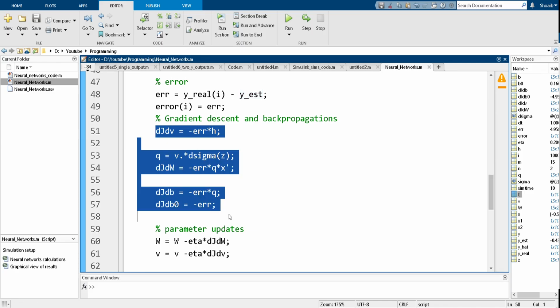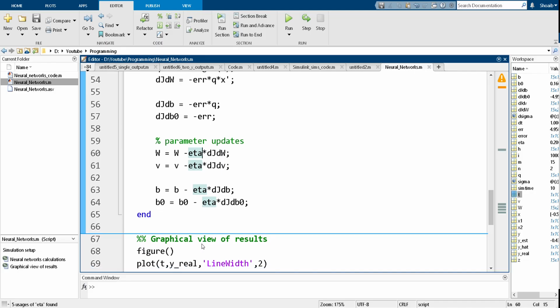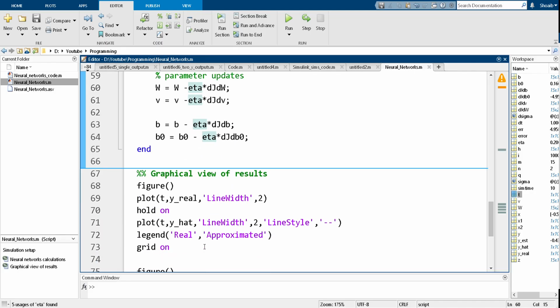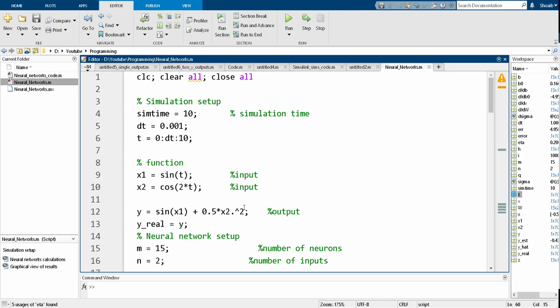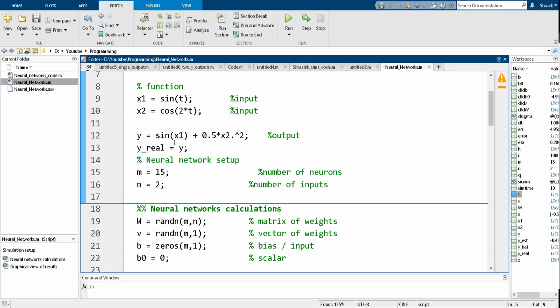They will stay the same for all these neural networks, and then I input these formulas in the code, update the weights, and design. That will be finalizing our neural network. And then to see the results, we just have to add these commands. The thing is that neural network estimation depends on two things. Number one is the number of neurons. Number two is